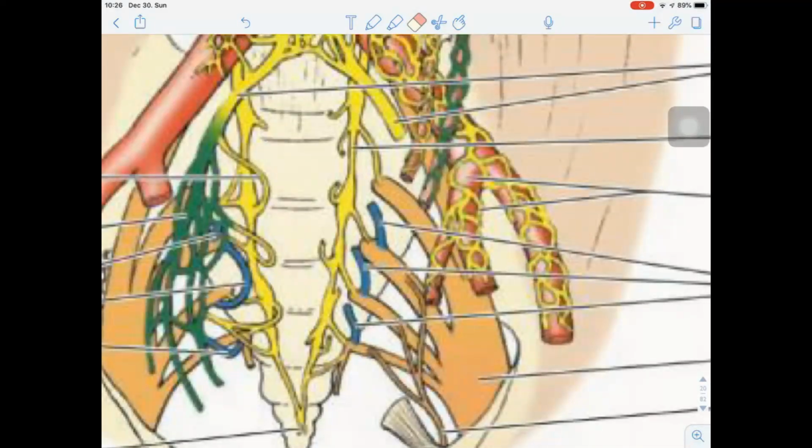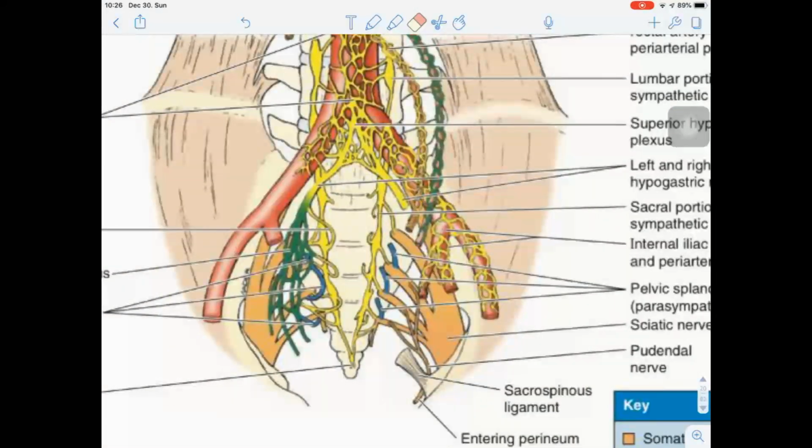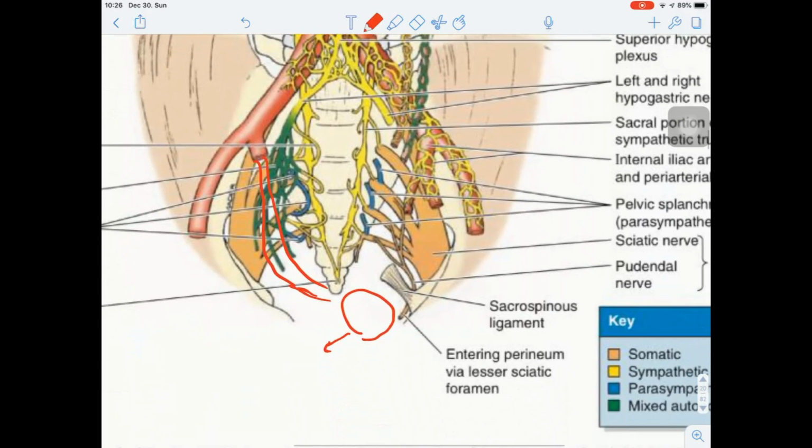So if I want to continue with the drawing, I make a continuation of the internal iliac artery, like this. Let's say this is one artery, a terminal branch to the prostate gland. This is the prostate, for example, okay? If this is the artery that supplies the prostate gland, you're going to have nerves surrounding it, because